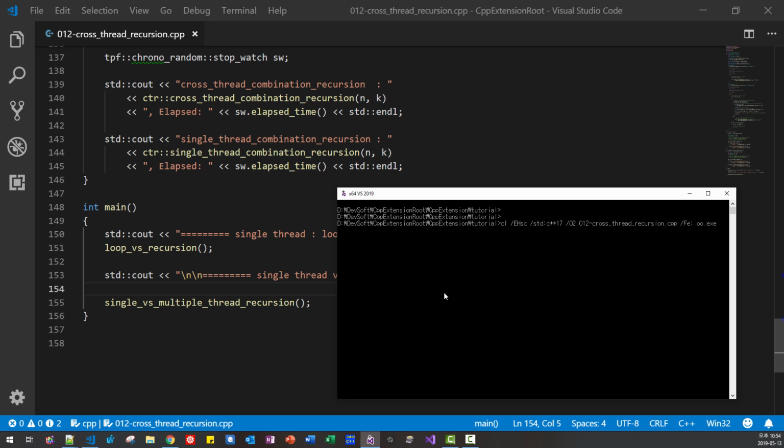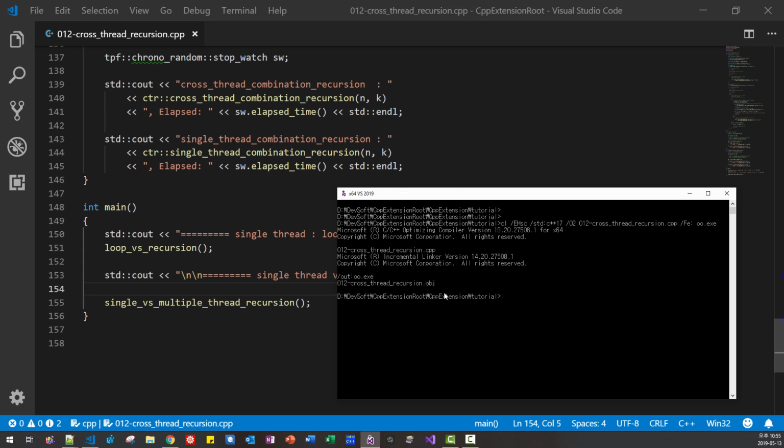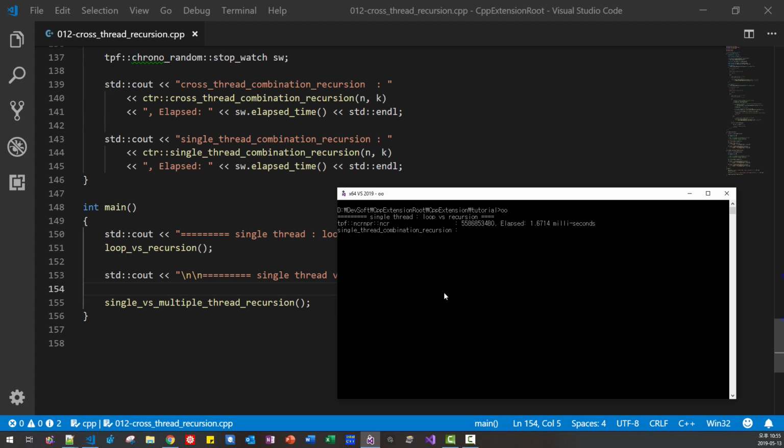We compile with the Microsoft compiler. This is optimized. Okay, O2, CLS, O2. So this is loop based. It took 1.6 milliseconds. Single thread combination recursion is still computing.